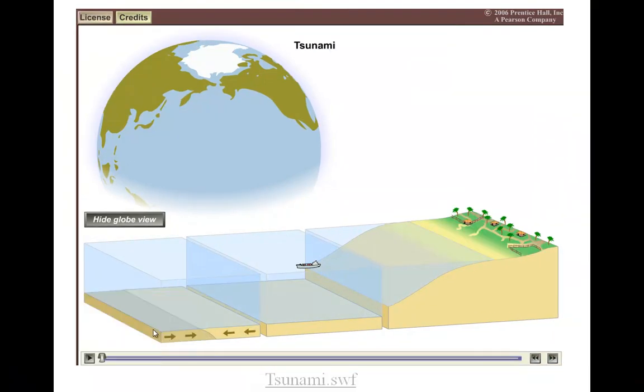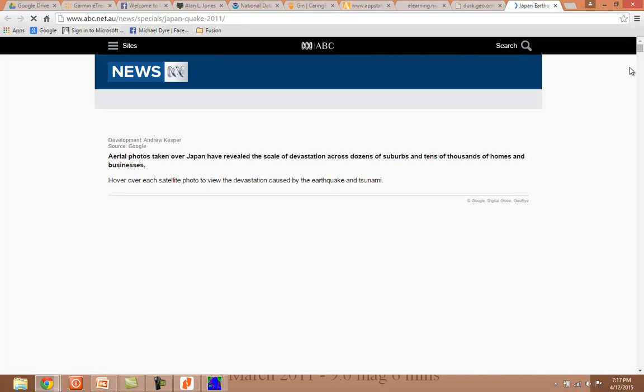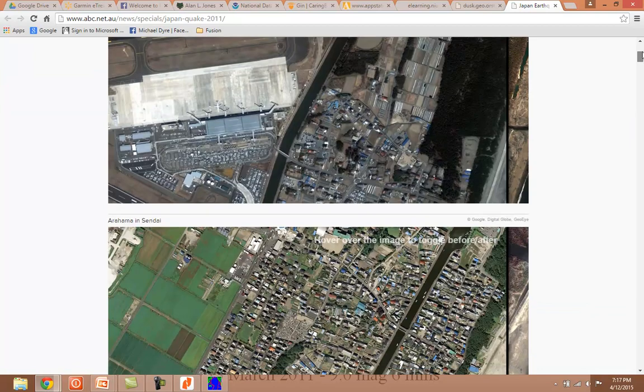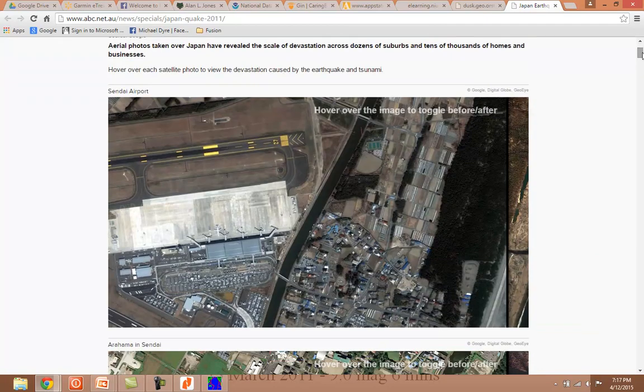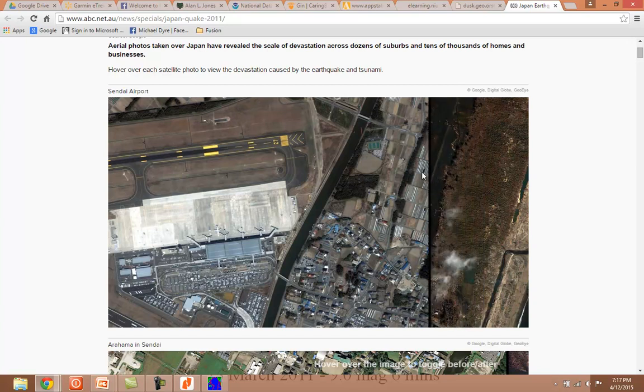Okay, the last thing I want to show you, if I can go back a slide, let's click this. This is a page of before and after put together by ABC News. I'm going to move my mouse over on this side because when it actually shows up, this is the airport, and you're supposed to just take your mouse, and as you move the mouse it exposes the after view, so you can take a look and see whatever the heck that was down here. Looks like it becomes more of a pond,